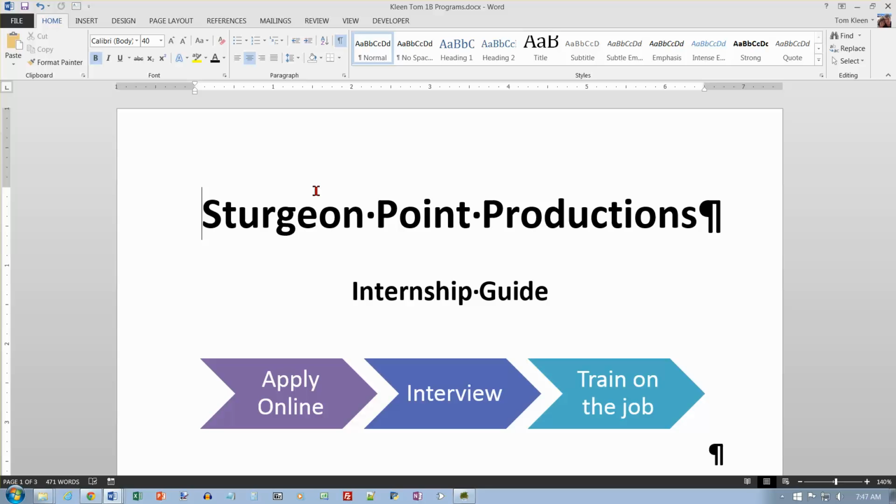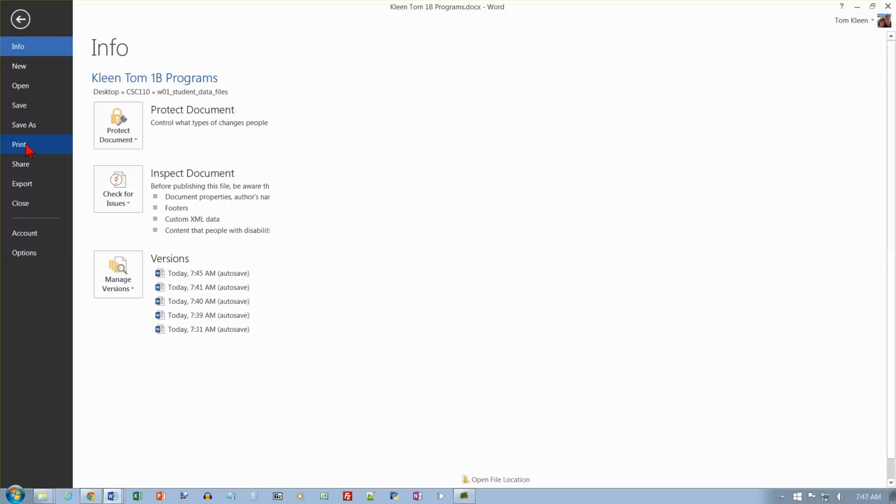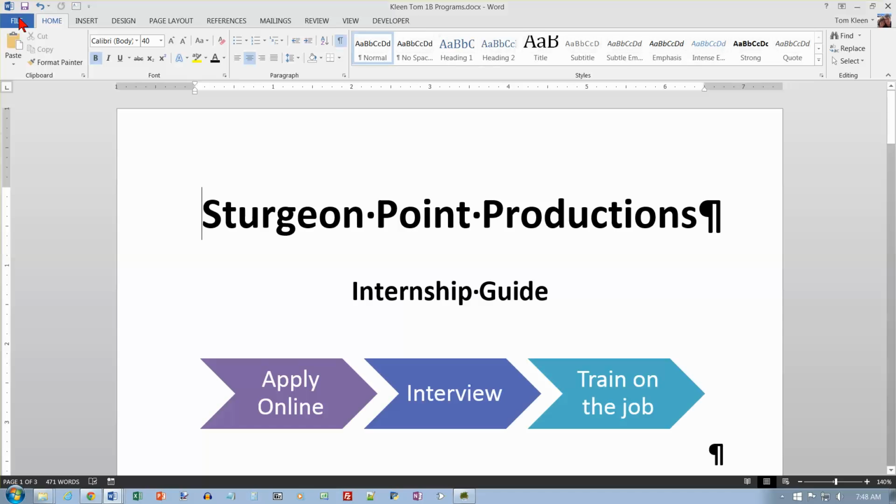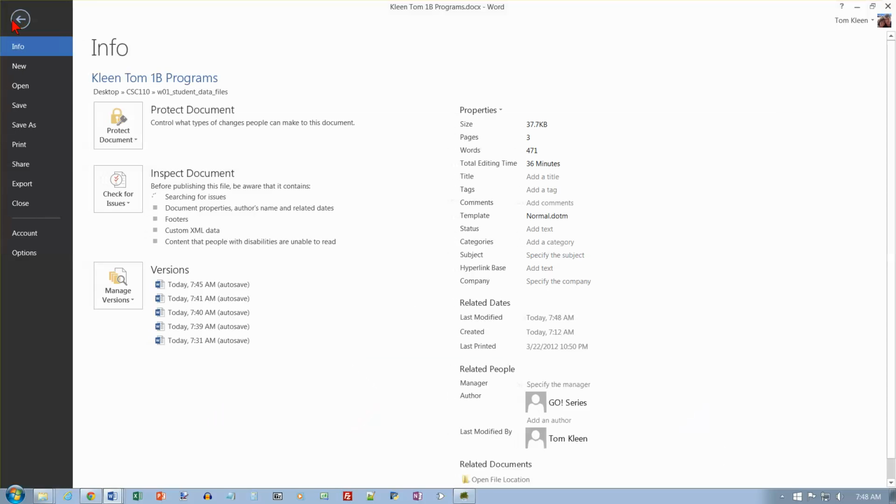So then they tell us to do a file and a print preview. And that's what our document's going to look like, and we can scroll through it and see what it looks like. And then we're not going to actually print here. And obviously if you put a video in there, it's not intended to be printed anyway. And we're going to save it one last time, and then that's the end of project 1B, and we're going to do File and